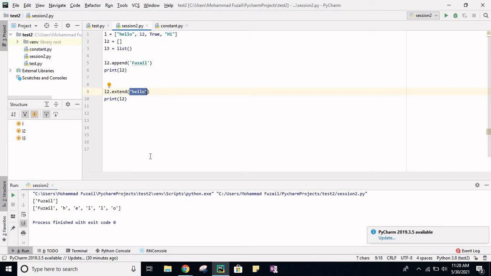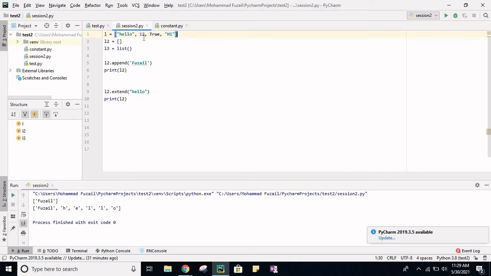What it will do is iterate. I have already told you what an iterable is, right? An iterable is some data type in Python in which the interpreter can go one by one through each element and fetch each element one by one. So a string is also an iterable, like we have list as an iterable.